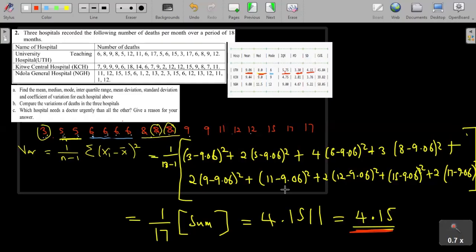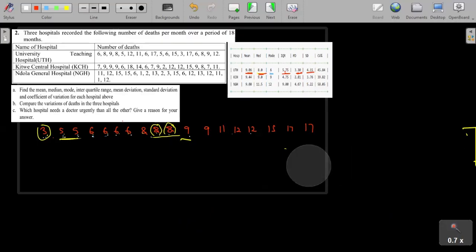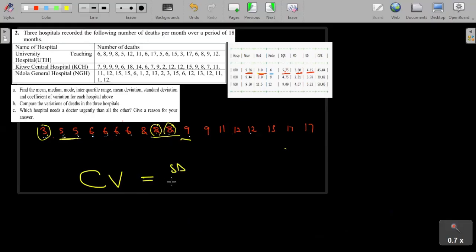Okay, and then from there, if there are no questions, we can find the coefficient of variation. The coefficient of variation is very easy to find. You just use the results that you've already found here, so there's no complicated formula that you need to use. So the coefficient of variation, CV, is equal to the standard deviation divided by